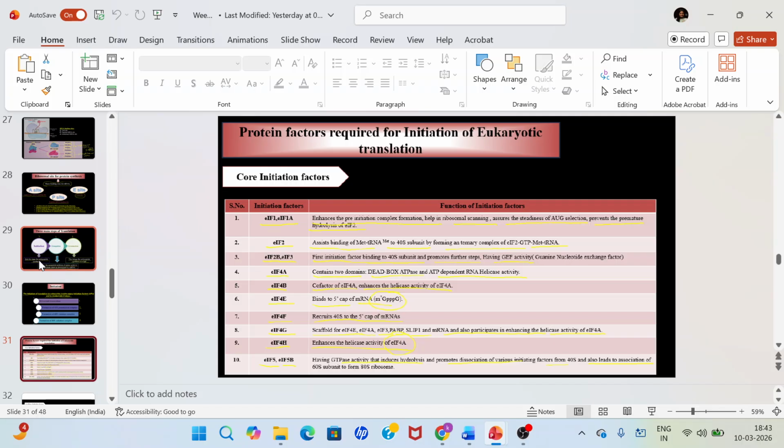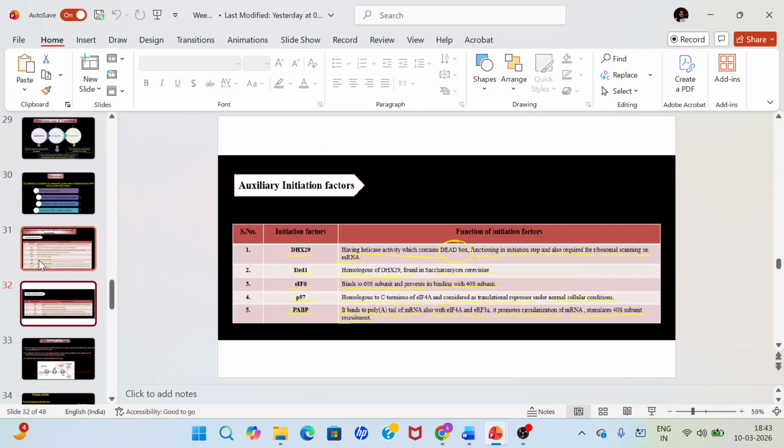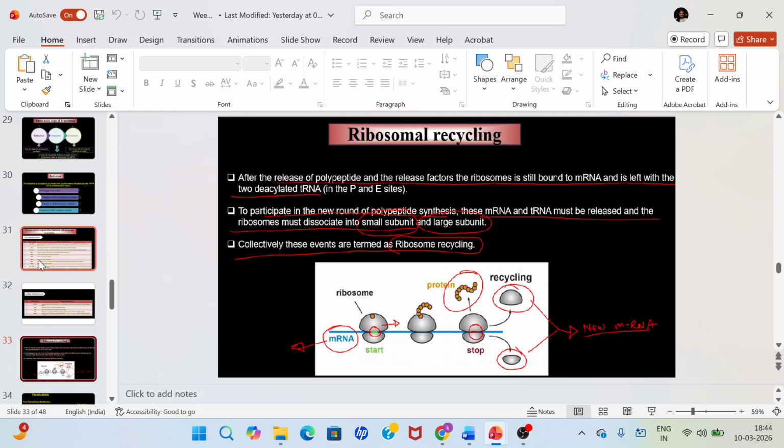they will start the process of translation. Okay. So the protein factors required for initiation of eukaryotic translation, this is the list of the protein factors that are required before starting translation. So you guys can read this information again. We are not going into the detail because these are some of the important factors. If you are preparing for some kind of competition like NEET or something, then this is a very important part. You must remember these factors. They may ask these questions.